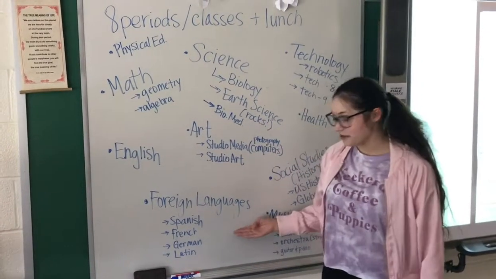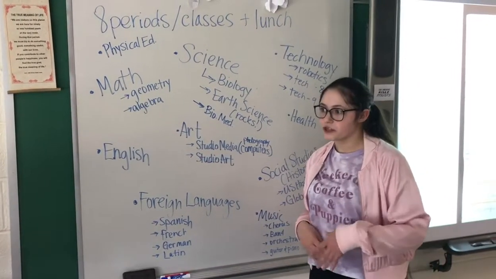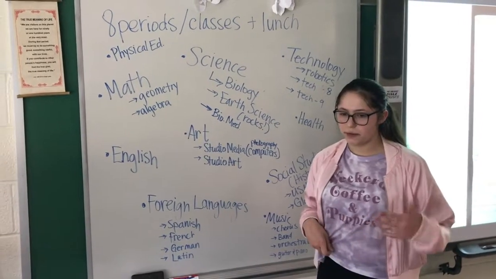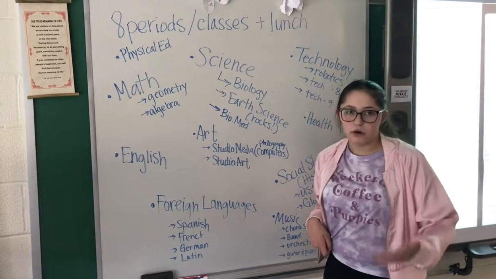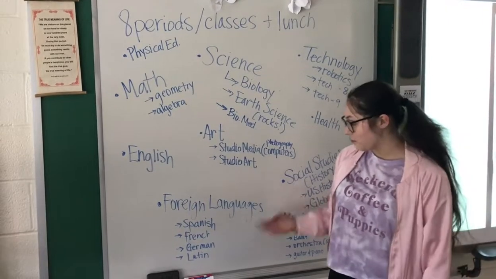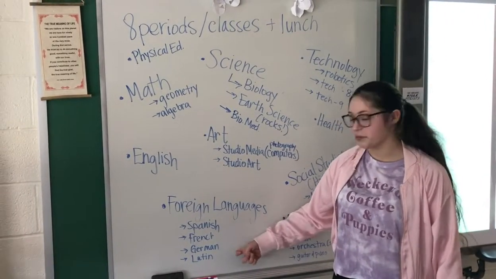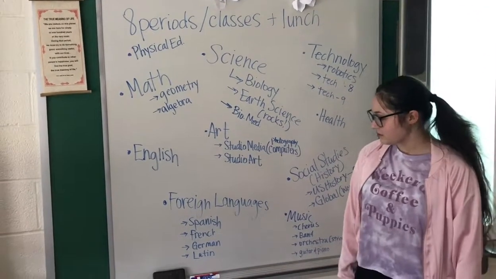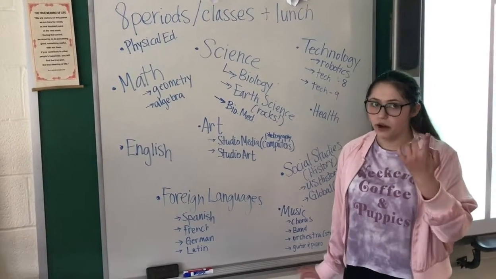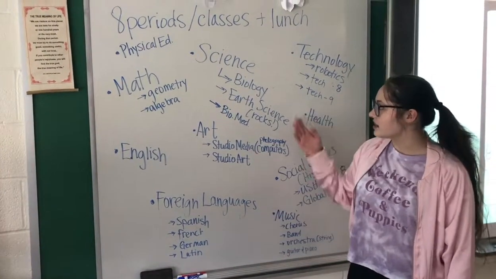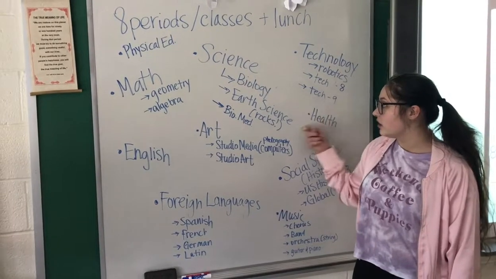What's honors English? Honors English is a more advanced version of English. You write more papers, and you'll be reading more advanced stuff. And foreign languages, you have Spanish, French, German, and Latin. And how many foreign languages do you take? You can take 1. And science, you will have biology, earth science,